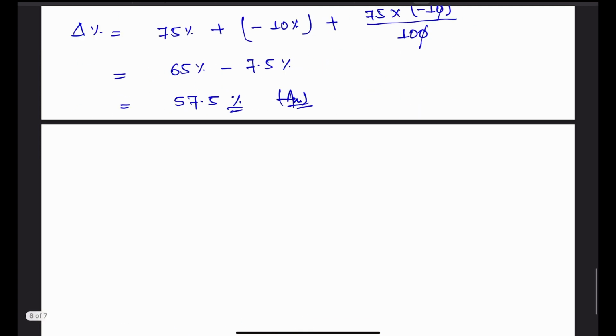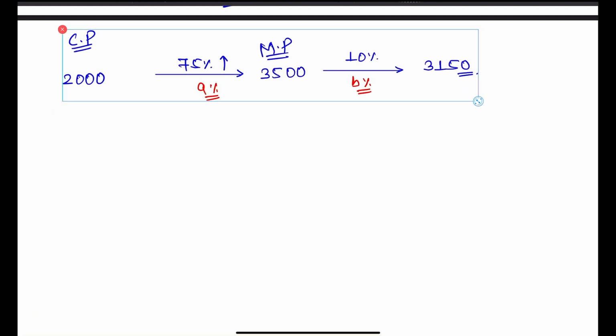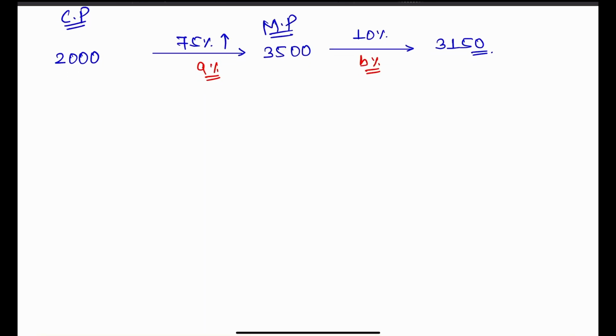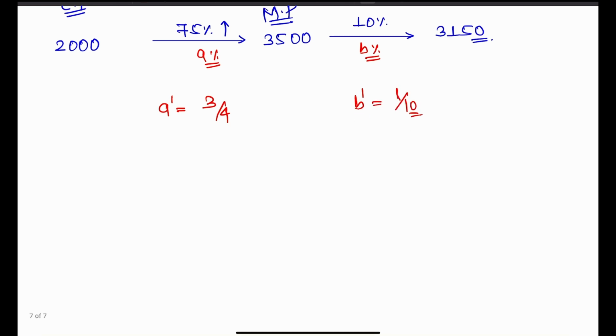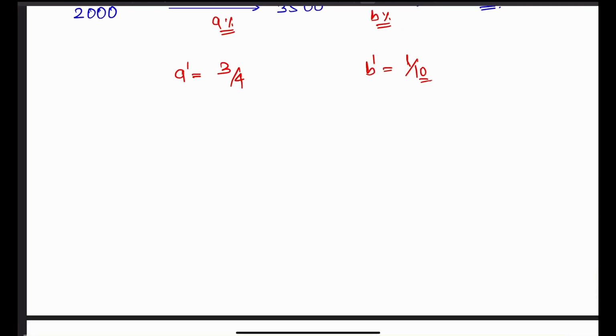So in fractional value, we will take this same example. In this same example, let's just take A dash here. A dash in percentage terms is 3 by 4 and B dash is 1 by 10. I have just taken A dash so that there will be no confusion. So A dash, what is happening,